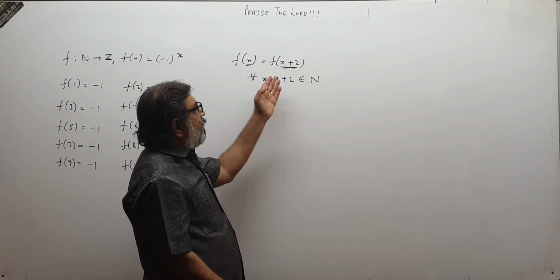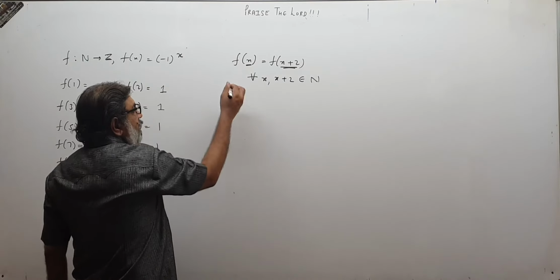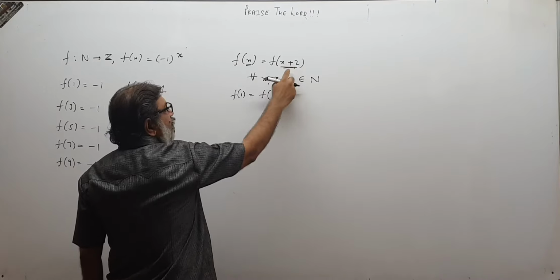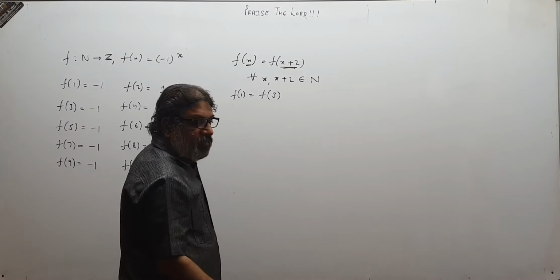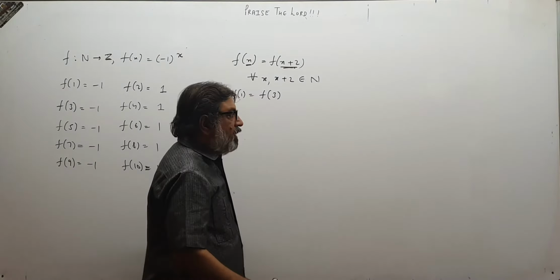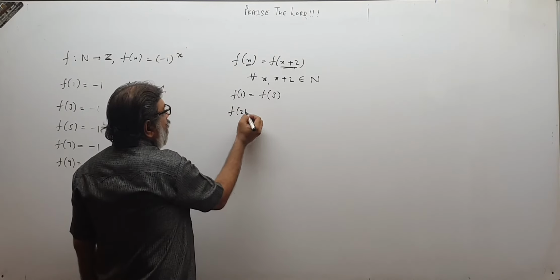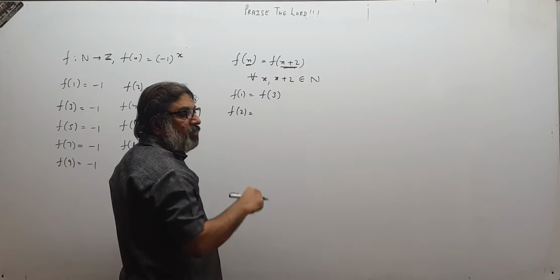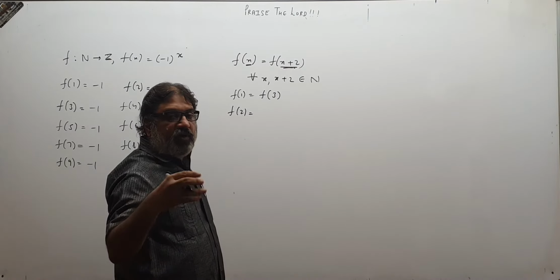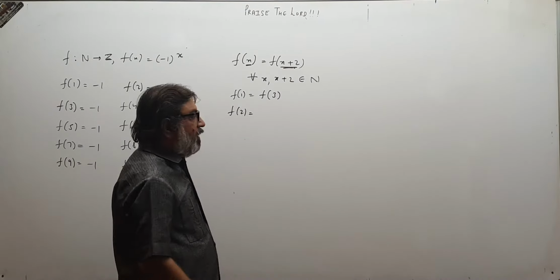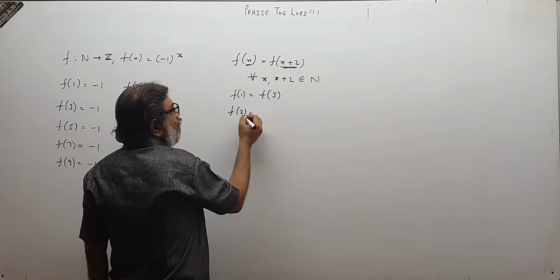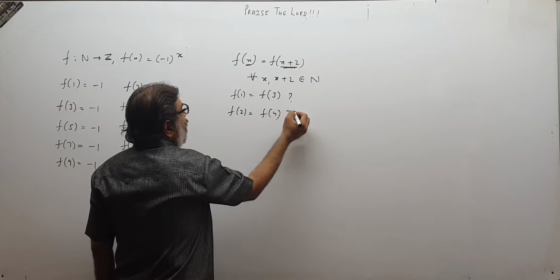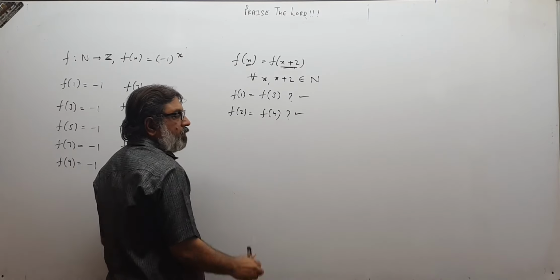Let us see whether this property is correct or not. If I choose x as 1, so f of 1 is equal to f of 3. Is it correct? 1 plus 2. Is f of 1 equal to f of 3? Just check. Yes, it is right. Is f of 2 equal to f of 4, if I take x as 2? Because for every x in the set of natural numbers, x can be 1, 2, 3, 4, 5, 6. I have to check for all. What about f of 2? If I take x as 2 and this is f of 4, is it correct? Yes, this is also correct.